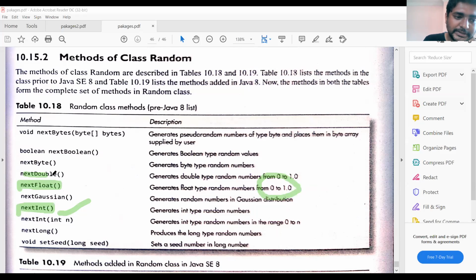If you want double random numbers, we use nextDouble, nextByte, nextInt, nextLong.